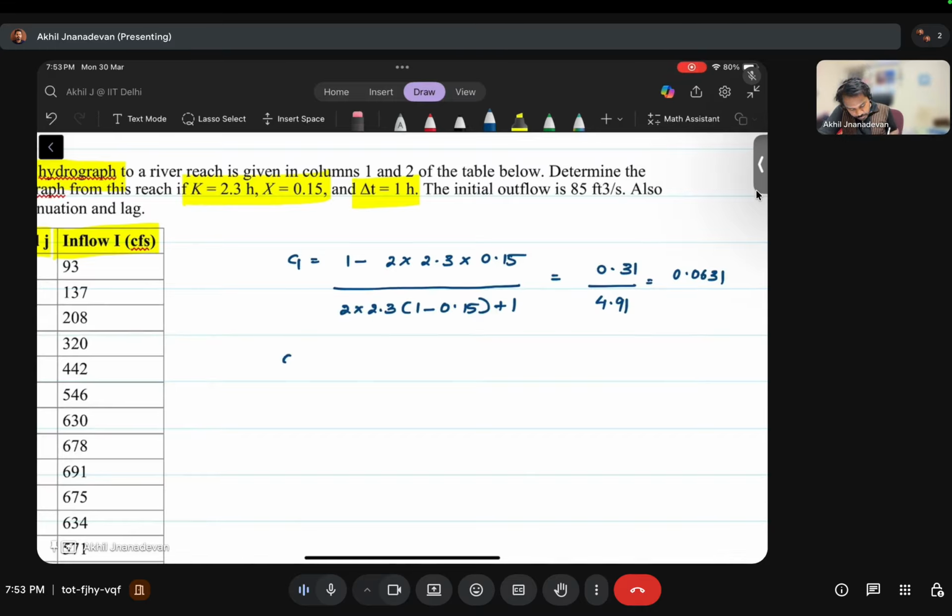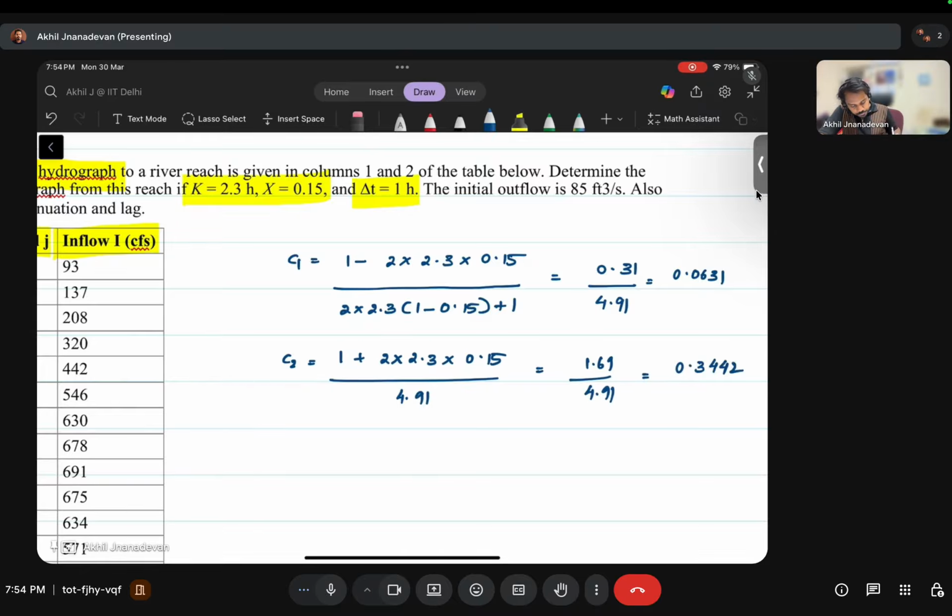And C2 will be 1 plus 2 into K, that is 2.3, into X, that is 0.15, divided by 2 into, the denominator is the same, so we don't have to repeat it, it is 4.91, that will be equal to 1.69 by 4.91, that will be around